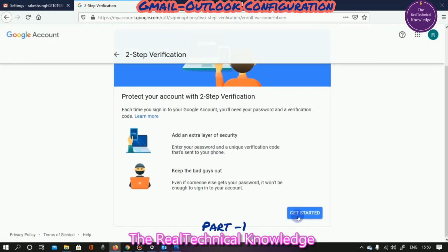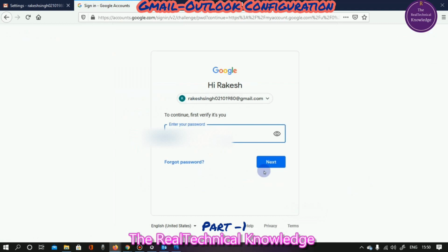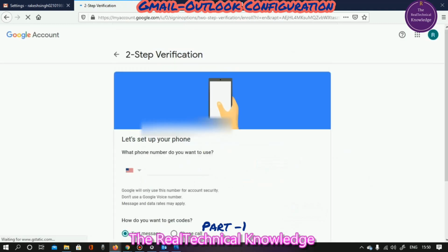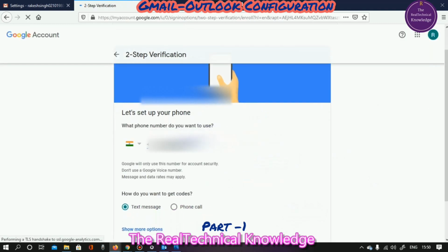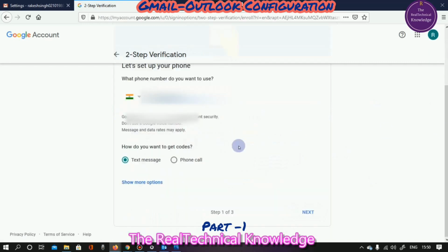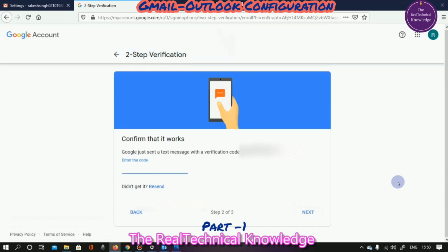Then we need to click on get started, then log in with our credentials, then put our phone number over there. There are two options, text message and phone call. You can opt for any one of these. I am choosing the text option, so that Gmail will send a text message to us with a code that we need to enter in the next window.